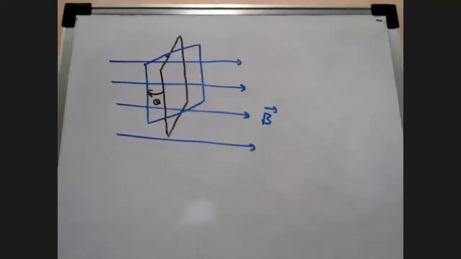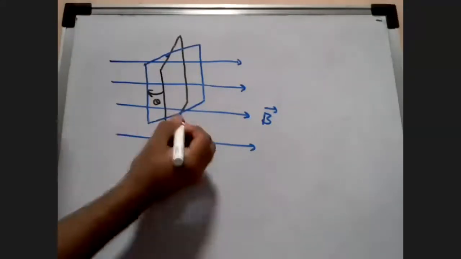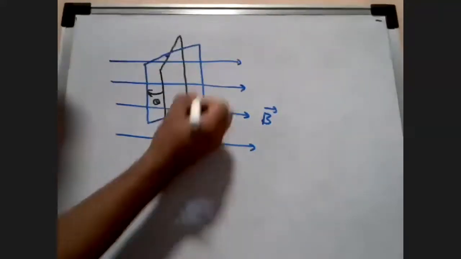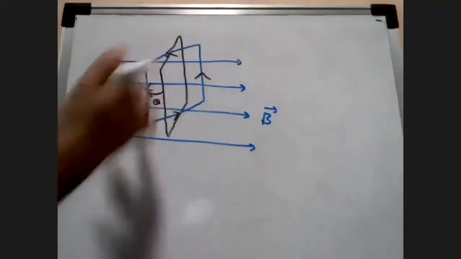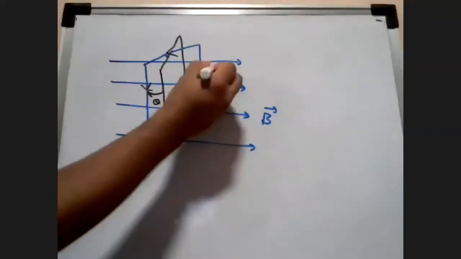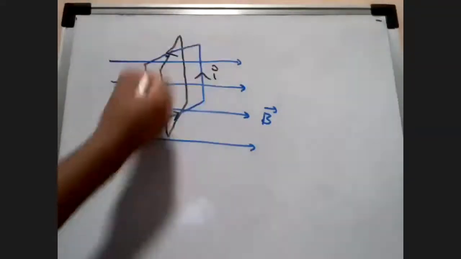For you to reason that out, first you have to ask me, sir, what is the direction of the current? You have not assigned the direction of the current, so we cannot tell in what direction the force or the torque will be. So let's say that the current in this blue color loop is anti-clockwise.